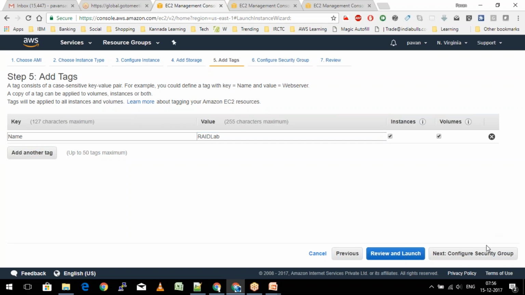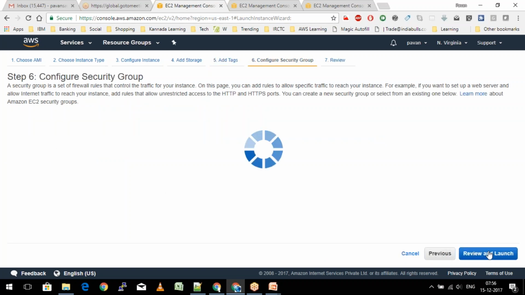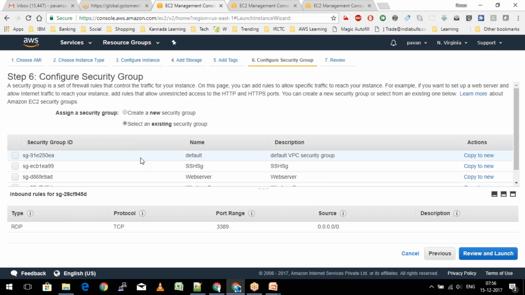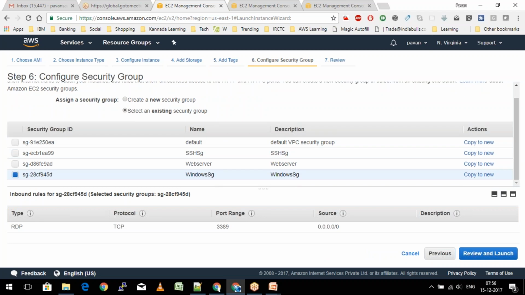I'll put the tag values as RAID volumes and then configure the security group, put it behind the Windows Server security group, and then quickly go ahead and review and launch this.